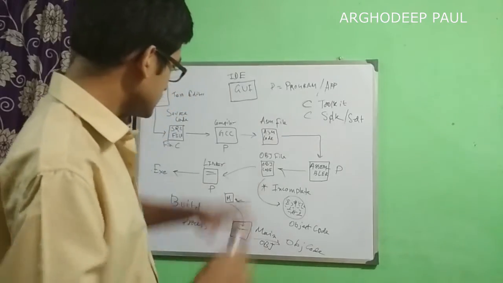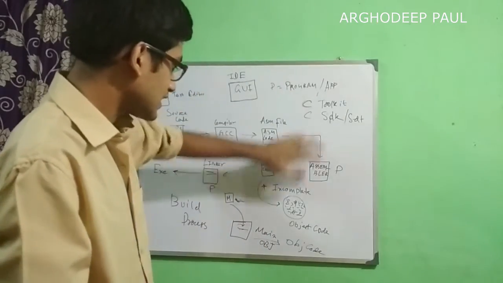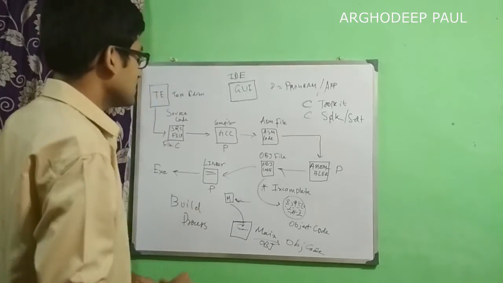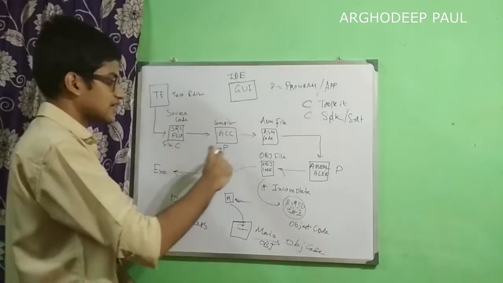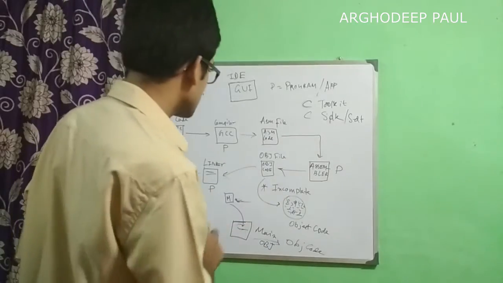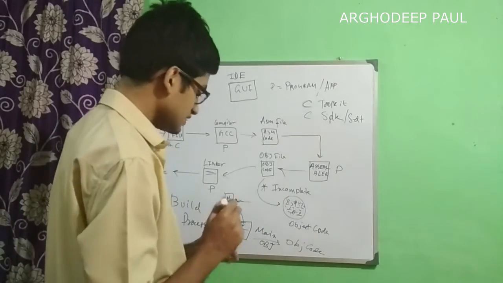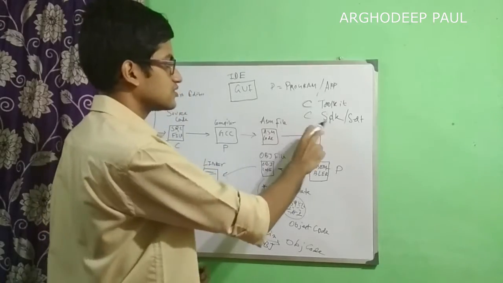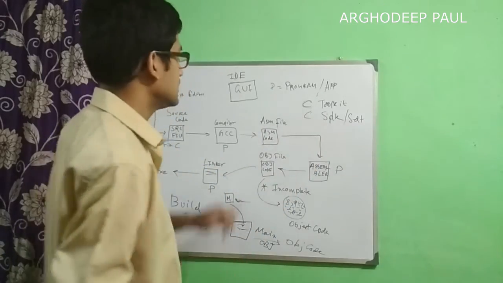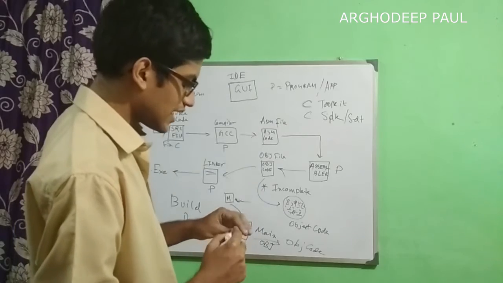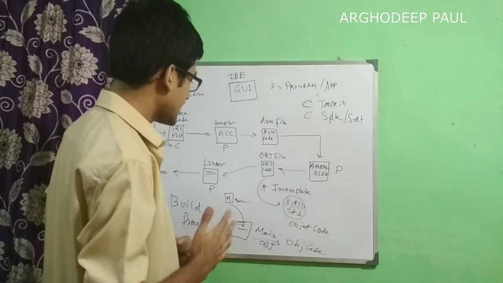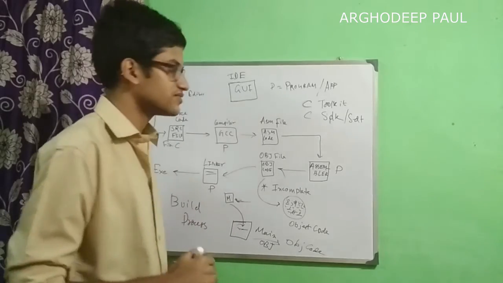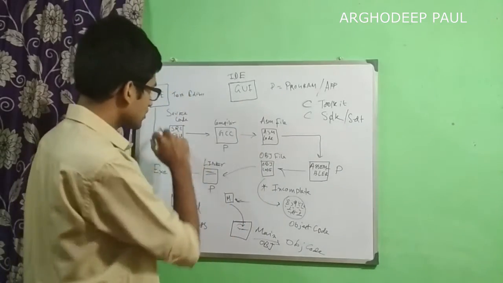So I would say that the total diagram refers to the build process, and all of these programs that are involved here, 3 programs, the compiler, the assembler, and the linker, together they form the C toolkit or C SDK or C SDT. And finally the IDE. What is an IDE? The C IDE or any IDE provides us a graphical user interface which will contain all of these programs.